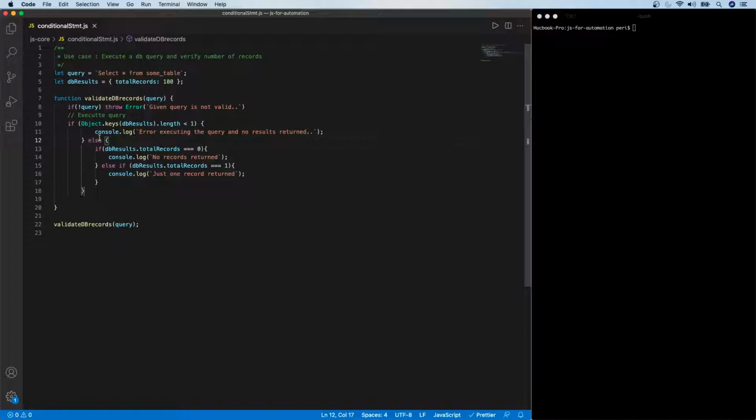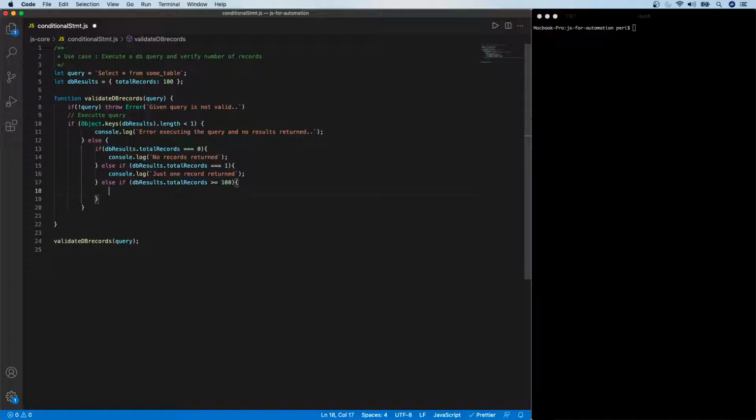So when it comes to the else block, it's going to check the number of values, and if it's 0, then it's going to say no record result, meaning it's 0. If it is 1, then 1, and then another major block would be more than 1, right? So else if, again I'm going to put the same condition, and this time I'm going to compare it and say, if it is going to be more than one record. Instead of the triple equals operator, I'm going to use greater than or equal to, and then say 100. In this case I'm going to say just more than one record returned.